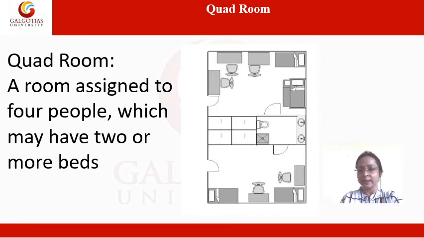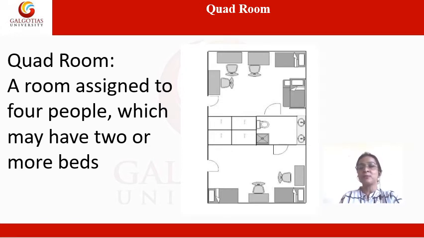Again, going back to understand what the layout for this quad room is all about, you can see here. This is the layout. This is the entry point. Here is also one entry point to the living room. These are beds 1, 2, 3, 4, and this is the WC and the vanity counter, right? This is the further bed, and this is the extra bed. If the guest wishes to put in an extra bed, it can be put or it can also be removed. So this is all about the quad room: in short, a room assigned to four people which may have two or more beds. So we are through with the quad rooms.